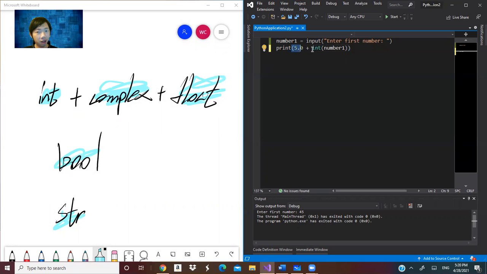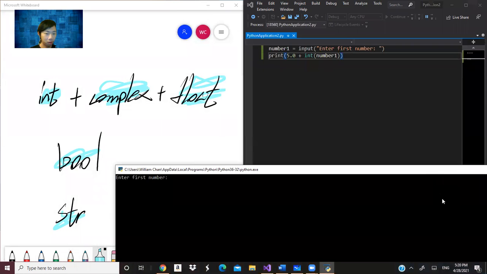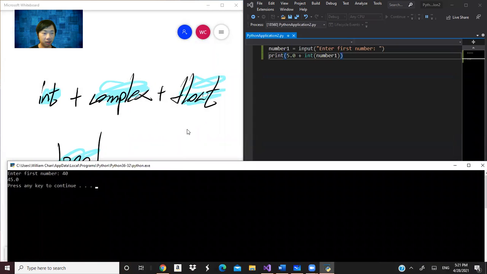Float plus the string, but the string will be converted to the int. So float plus the int. What will you output? So if I try 40, it gives 45.0.